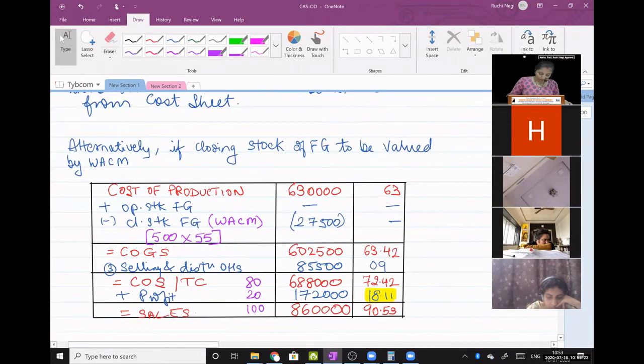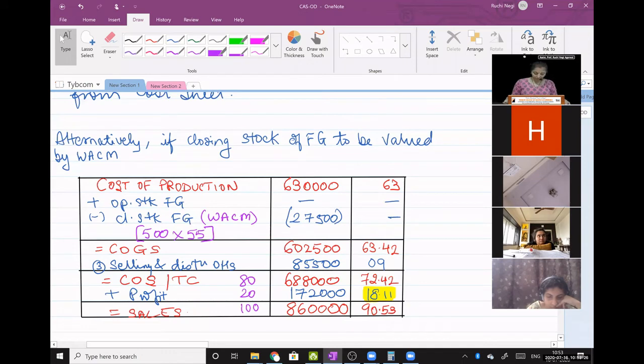Write this down. Add opening stock of finished goods not given. Put a dash. Less closing stock of finished goods. Enel is saying, what if the closing stock is not given? No, dear. Such sums we will not ask you. Why would we ask you sums where closing stock is not given? Because that is the prime part of the question, calculation of closing stock. So that will be there in the question by default. We will not give you sums where there is no closing stock calculation. Clear? Otherwise, what is there to ask in 15 marks?